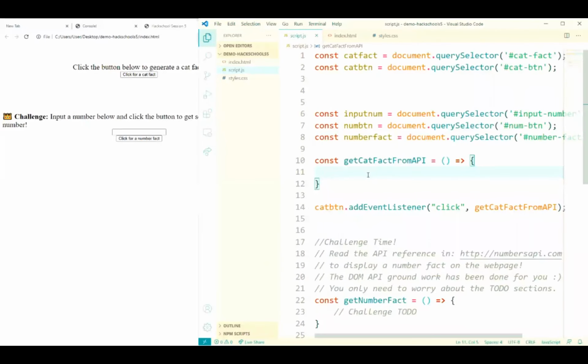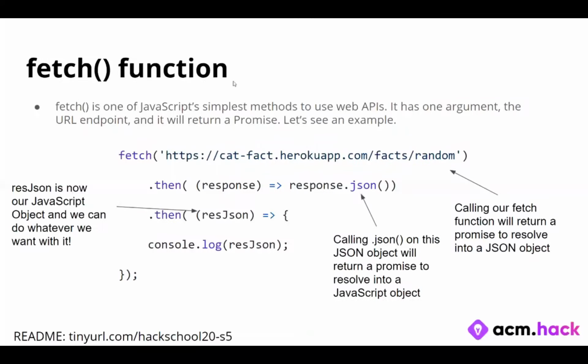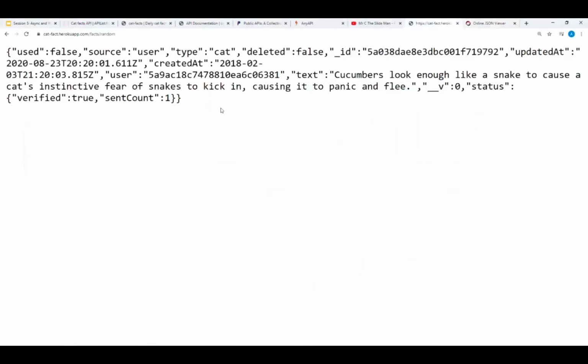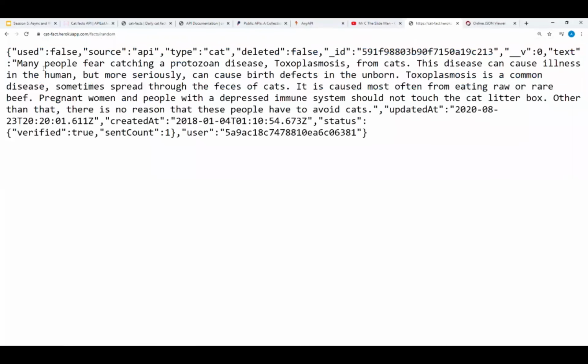Okay, so we can call fetch using our URL. We want to get the cat fact, and we happen to have exactly an API which lets us get a random cat fact. If you reload this, you notice that these cat facts are completely different.